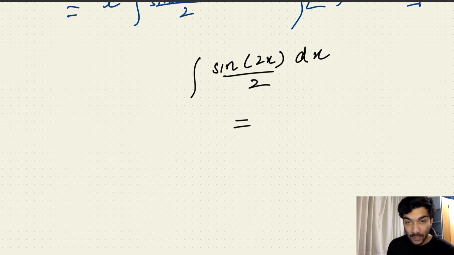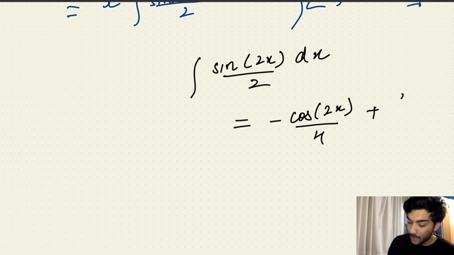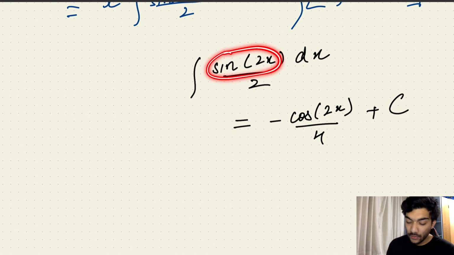But the answer you'll get at the end would basically be minus cos 2x by 4 plus the constant of integration in this case. Again, we solved this using substitution, or if you know the approach on how to solve these types of integrals when you have a constant attached to your x function, you simply have to take the general integral of this expression. Since you know that the integral of sine function is a minus cos function,